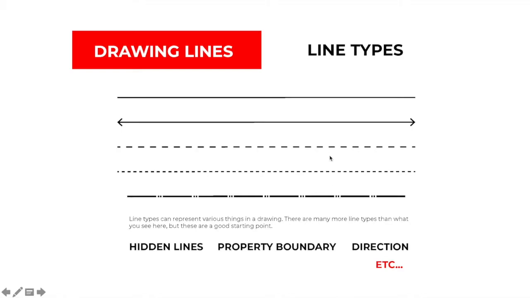And so hidden lines might be lines that represent something on an architectural plan, might represent an overhead plane, either in an interior architecture situation or in the case of a roof overhang, for instance. In landscape architecture, it might represent an overhead plane on a structure in the middle of a plaza or a park or something of that nature. Property boundary or site boundary, there's that dot dot dash line, which is not Morse code, but it is the